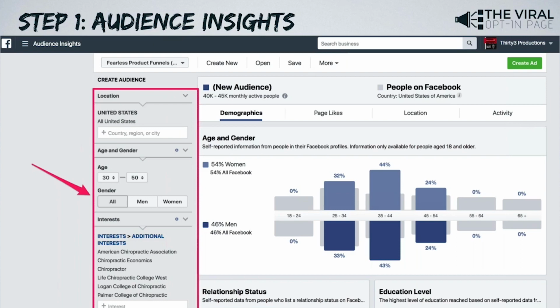We've got 3 schools, and that gives us a sample of about 42,000 people that we can go after. Does everybody understand what I'm doing so far? I'm just building a group of people so that I can learn more about them. So the people that have raised their hand and said, yes, I'm interested in the American Chiropractic Association, Chiropractic Economics, all those things, that's where we start. We want a decent sized